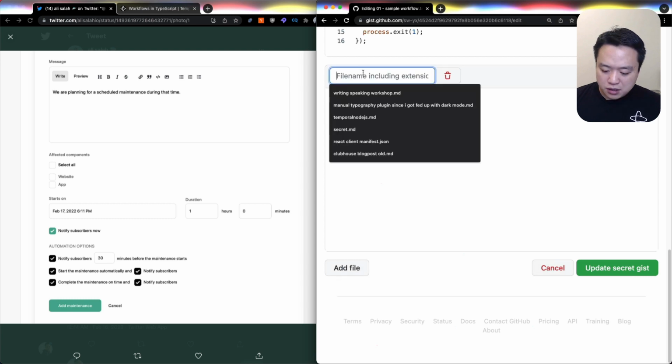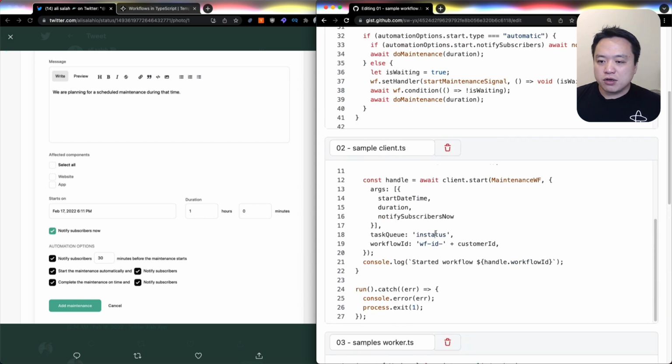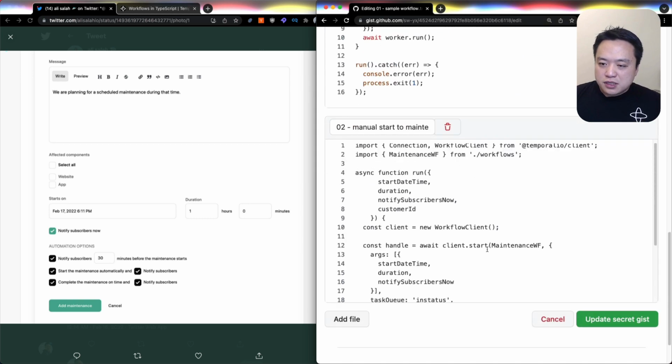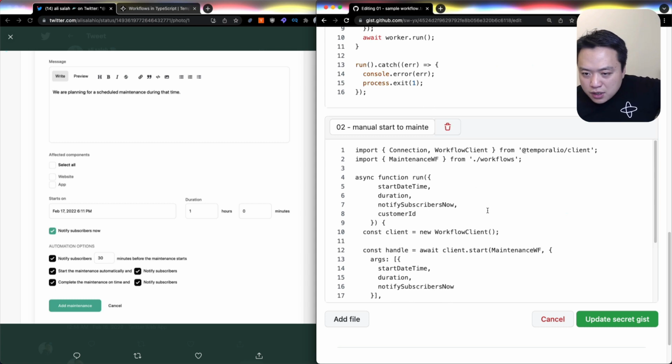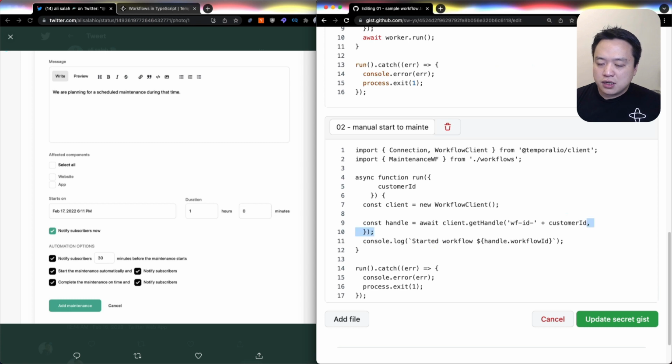So let's just say there's like a manual completion step. So we'll just say O2 signal completion.ts. Signal start maintenance, manual start to maintenance. All right. Let's copy over that code. The main difference is that we're getting an existing workflow. So we don't really need all of this stuff. We just need to say client.getHandle, and we're going to pass in that workflow ID that we set previously. So we're going to say workflow ID, customer ID, and then we'll say handle.signal